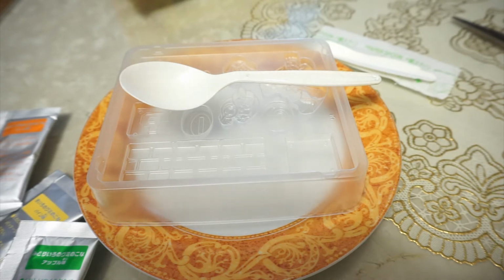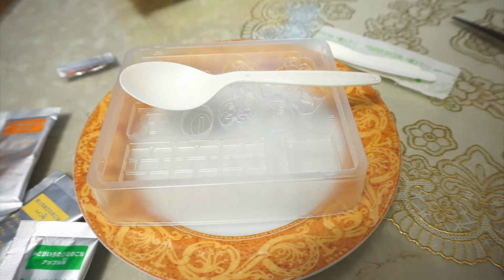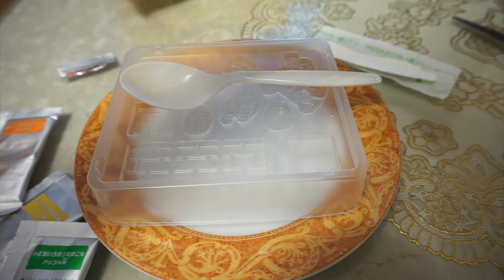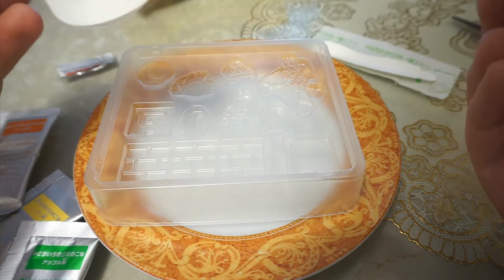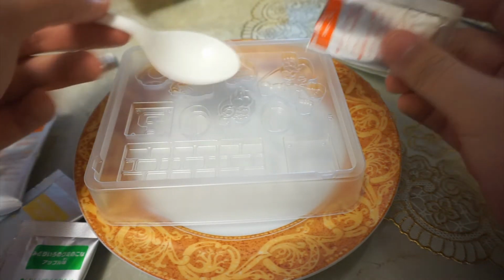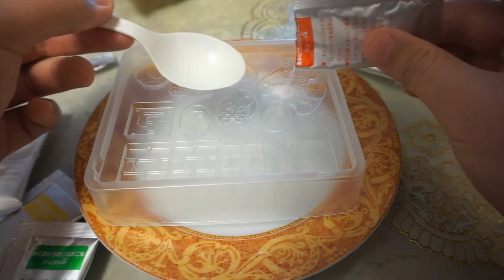So let's just open the red powder. I assume this is apple. Can I smell it? Let me try. Yeah, it smells kind of sweetish. I can't tell if it's actually apple though. Should I just directly pour it onto the mold, or should I use the spoon? Let's try...